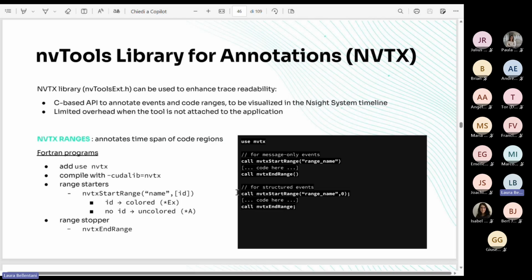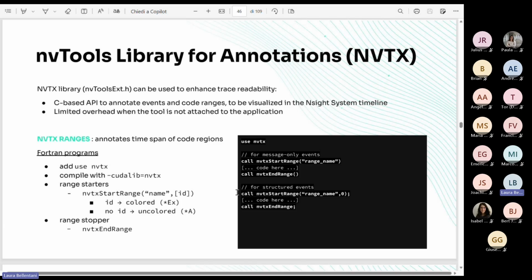Now, for Fortran programmers, there is an interface, the NVTX module, which is already contained in the NVHPC SDK compiler suite. This module contains interfaces to the C-based APIs. So in this case, you have to use subroutines called NVTX start range and NVTX end range.